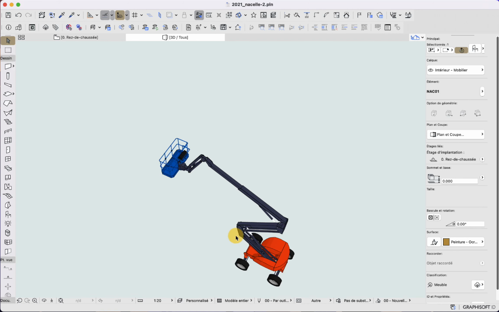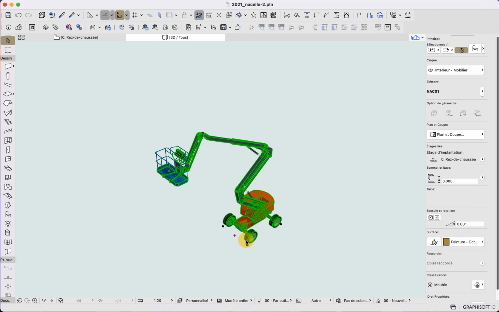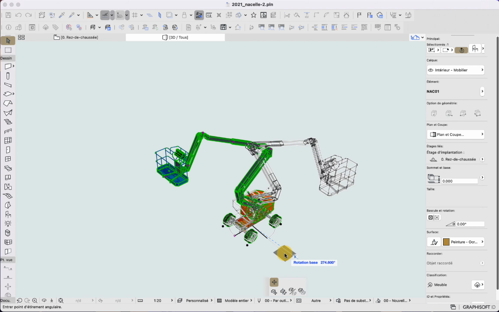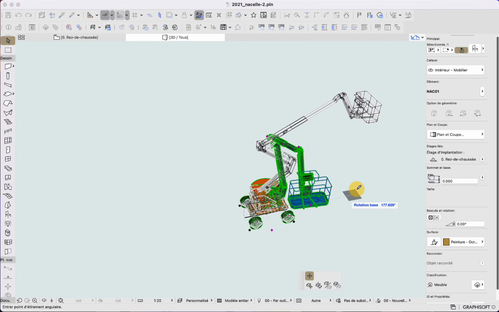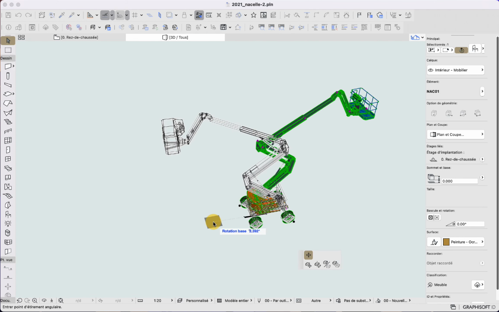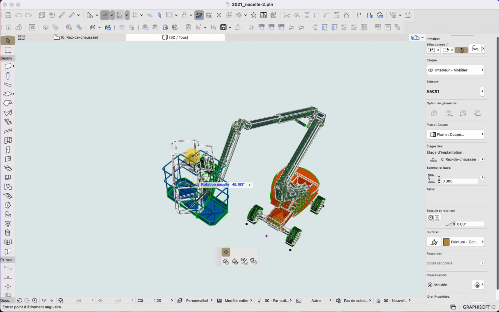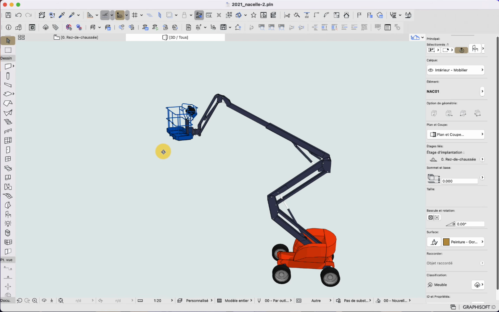We also have the ability to rotate the machine. Here I can rotate the base and then everything will follow. For example, because the machine operates at 360 degrees, it can be backward, for example. This is not an issue at all. And I can also rotate the basket here, minus 90 and plus 90 degrees, the way it is needed to be.